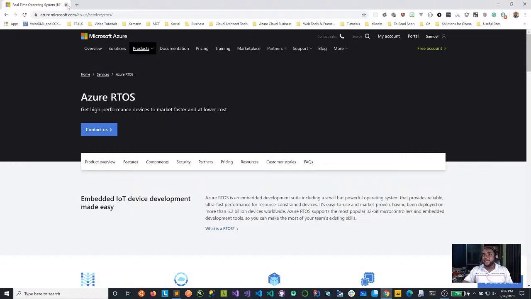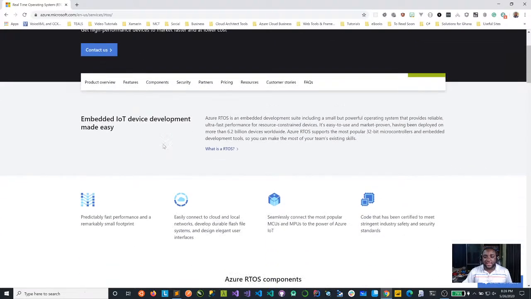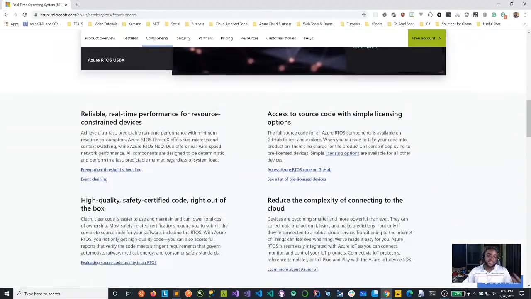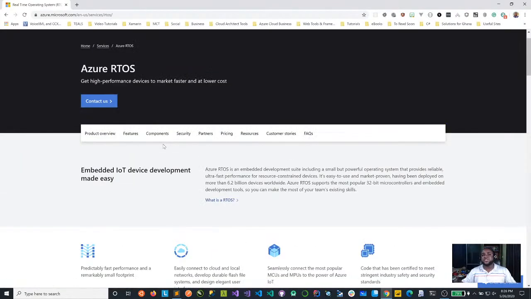However, Azure partnered with Express Logic, I think last 2 years. I'll have to get that fact right. They brought the real-time OS capability into Azure and Azure Sphere. So now you can use Azure RTOS, the Azure Real-Time OS, embedded in your resources or applications on your devices to give you multi-threaded, fast, reliable, responsive applications on your IoT platforms. This, I feel, is a really huge thing, because if I want to build real-time applications on my IoT devices, I would go for Azure Real-Time OS.